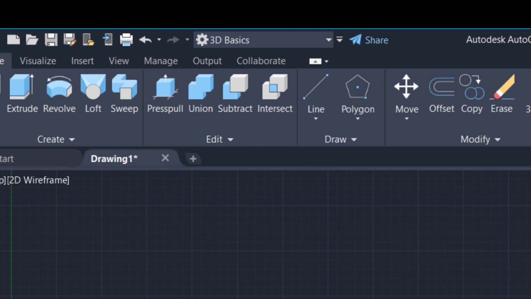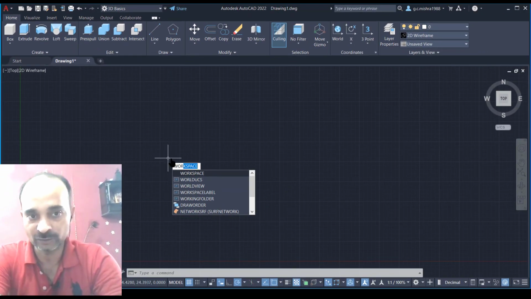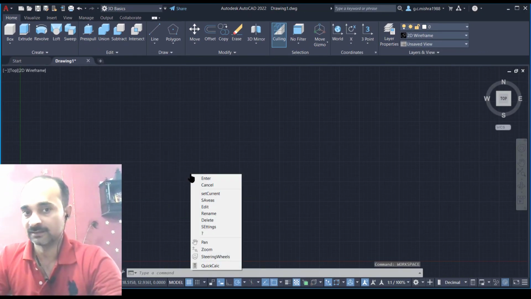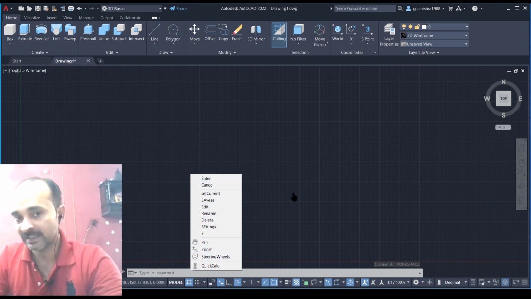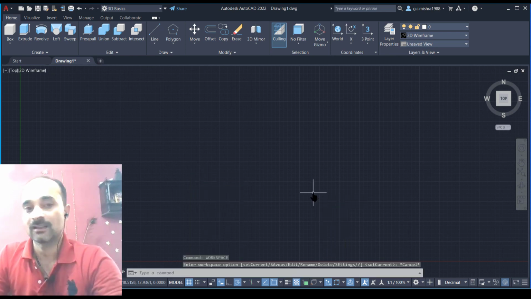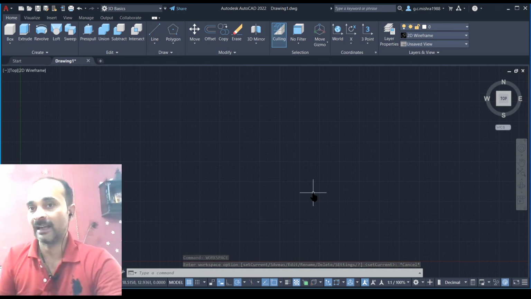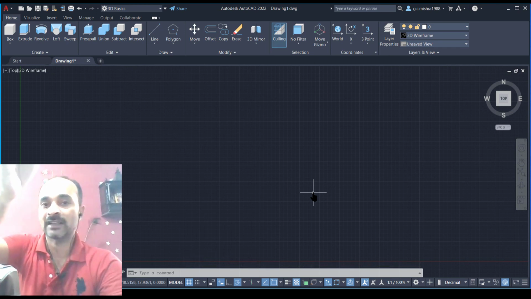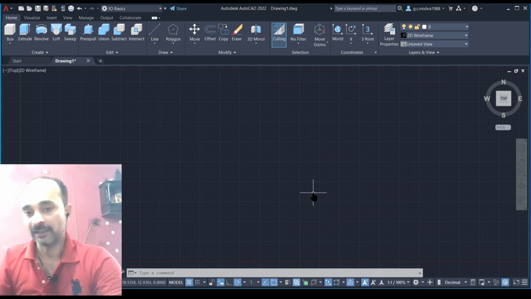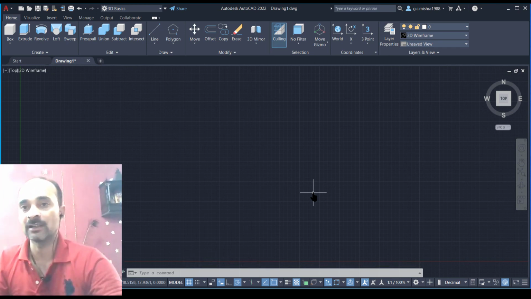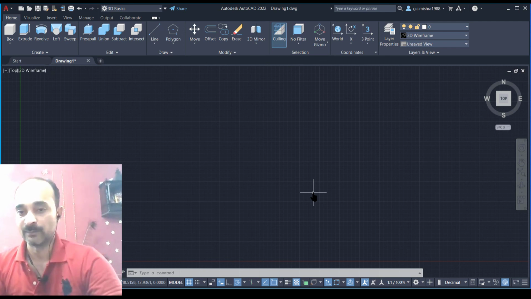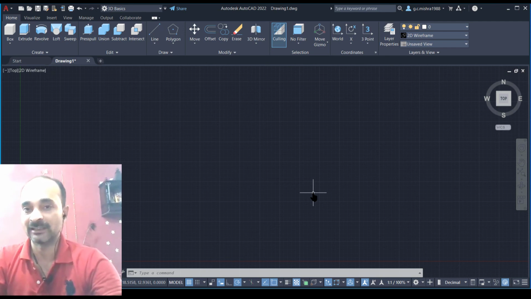and you can type workspace on the screen, and you can change workspace by typing also. It means you have several options: clicking at the bottom side, clicking at the top side, typing the command. AutoCAD is providing you several methods to do the same thing, because sometimes your mouse is not working, your keyboard is not working.